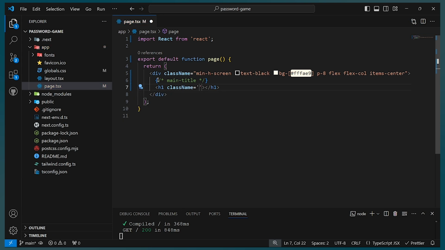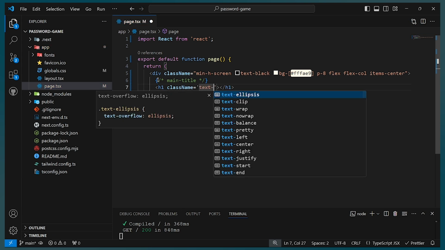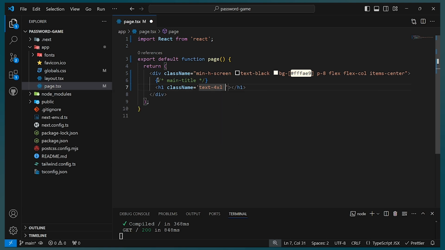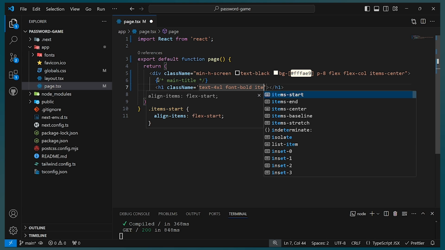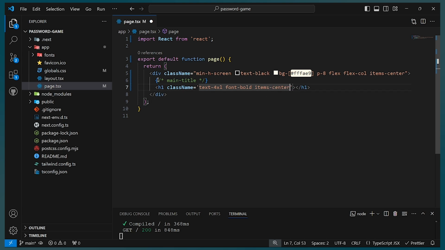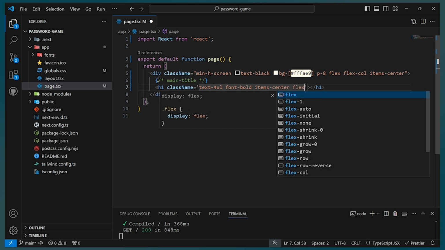So I'm going to name this class name, and I'm going to call it text 4XL, and I'm going to give it font bold and items center, and as well as give it flex,